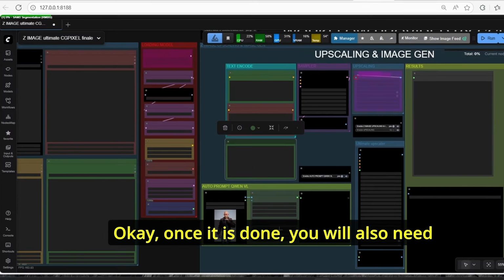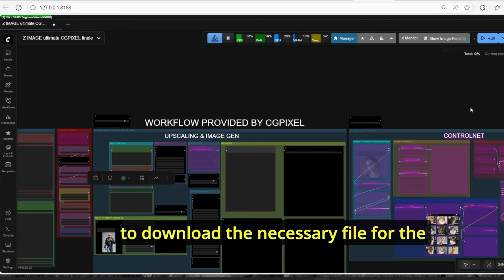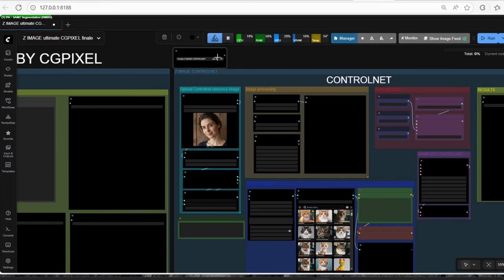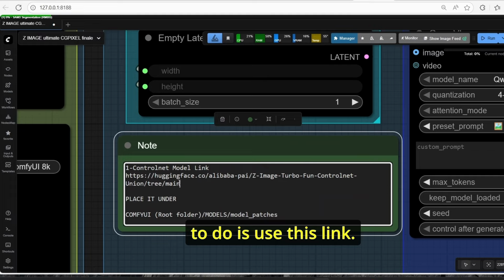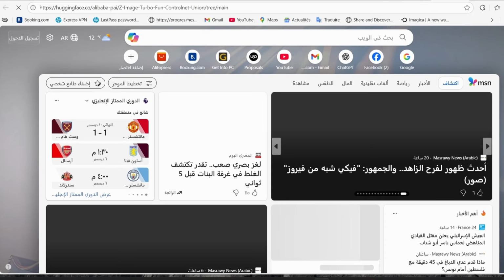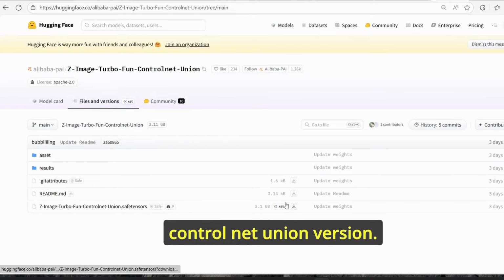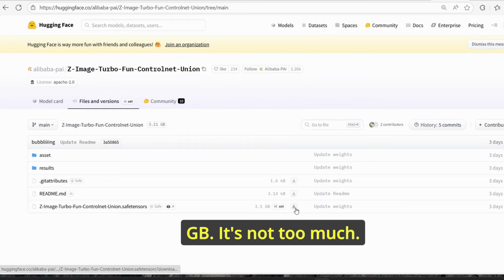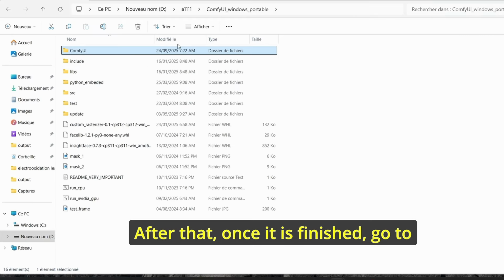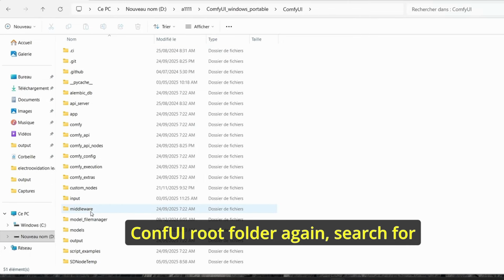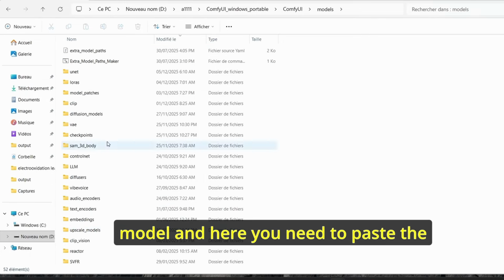Okay, once it is done, you will also need to download the necessary file for the Controlnet version. And to do that, all you have to do is use this link again. It's a Hugging Face link. Make sure to download this Controlnet Union version. It weighs 3 GB. It's not too much. After that, once it is finished, go to the ComfyUI root folder again, search for models, and